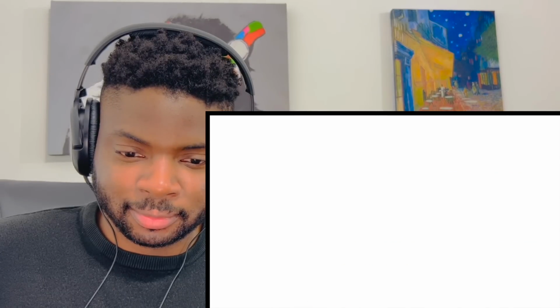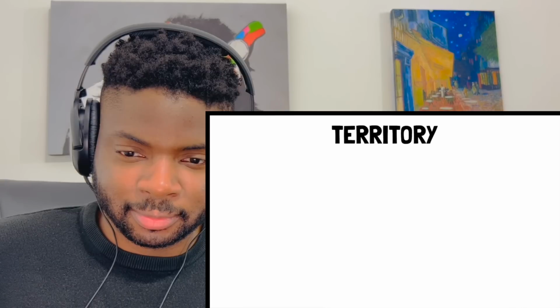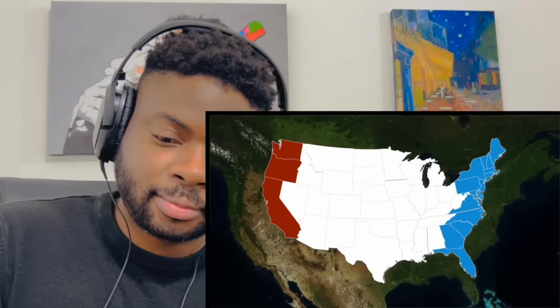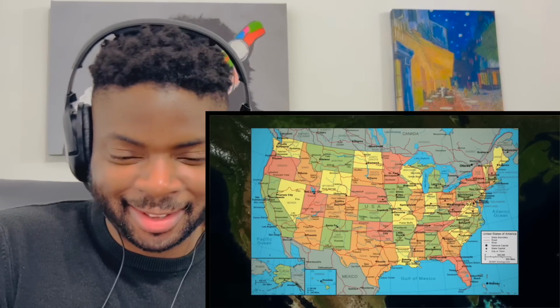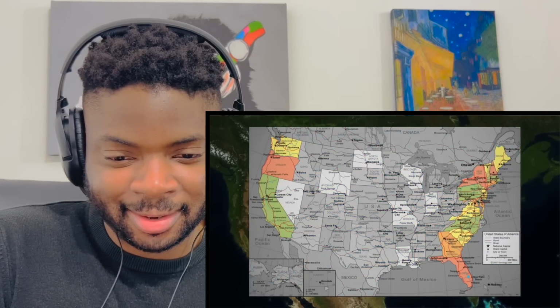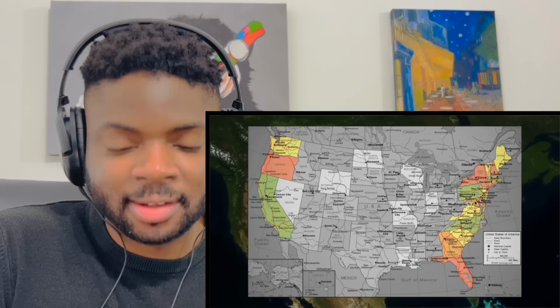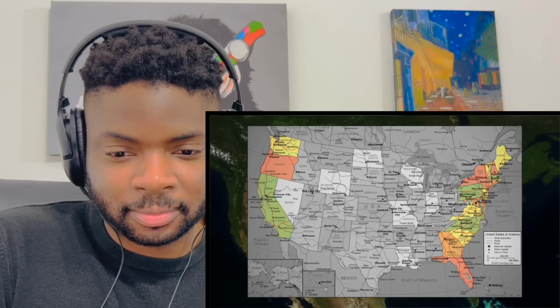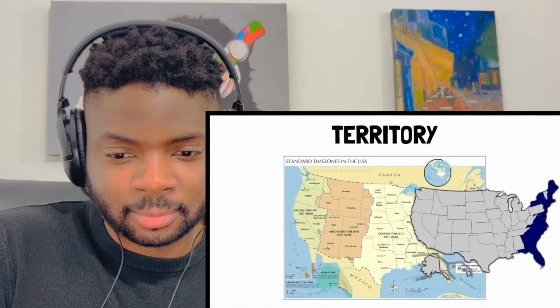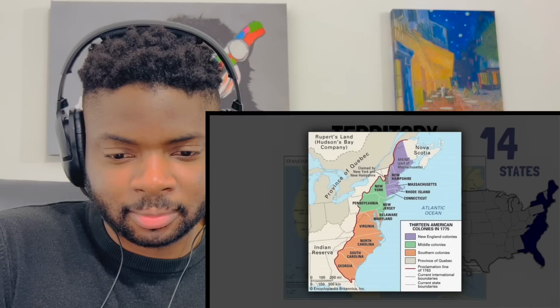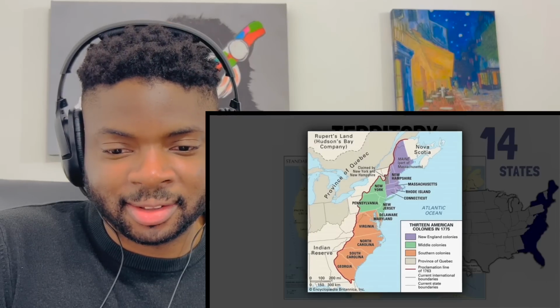The first differences we should take into account are, I think, geographical and territorial ones. As the name indicates, the West Coast is in the West and the East is in the East. The East Coast borders the Atlantic Ocean and Canada, while the West borders the Pacific Ocean, Canada, but also Mexico. Being 3 hours ahead, the East Coast technically has 14 states, very closely related to the initial 13 colonies that rebelled against the British and first established the United States.